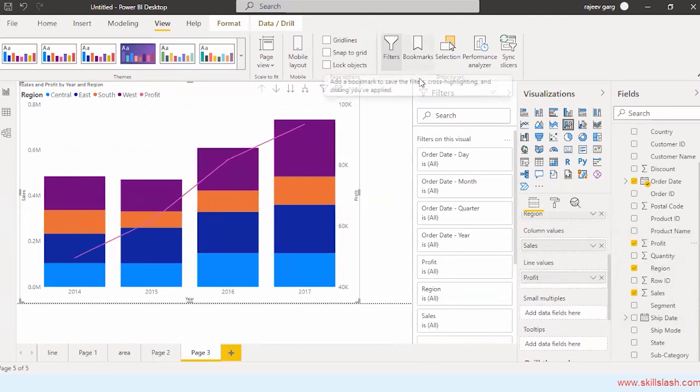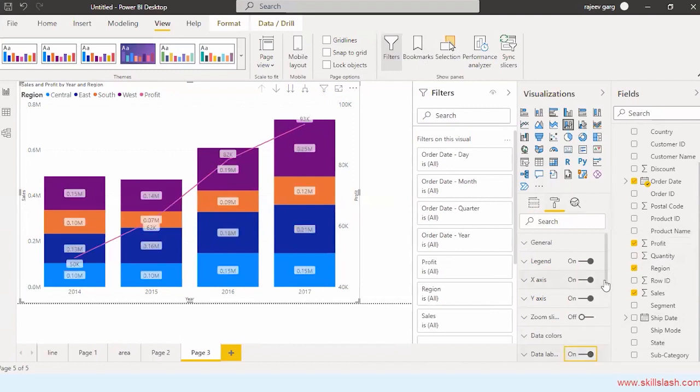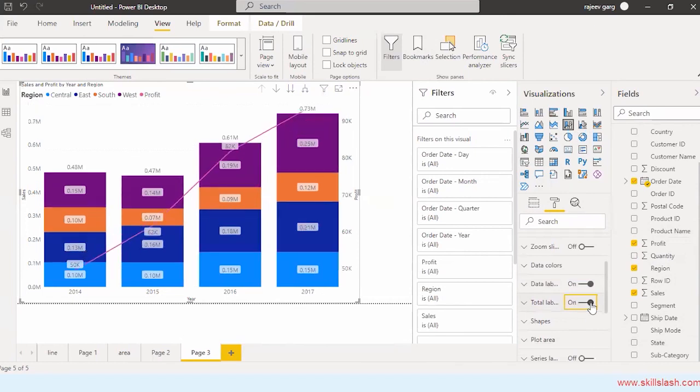So you're getting the profit over here. And let me display the data labels and the total as well. 50,000 profit, 62,000, 82,000, and that last one is getting overlapped, 93,000.